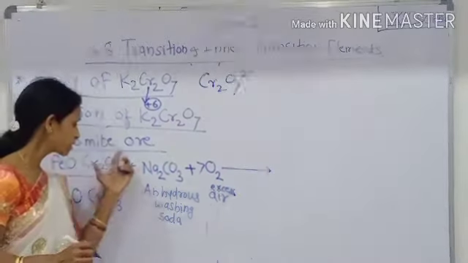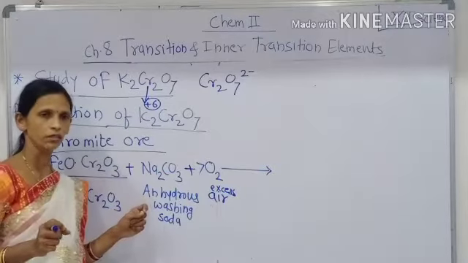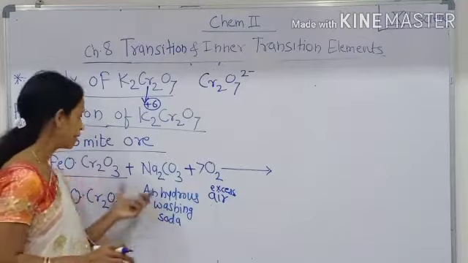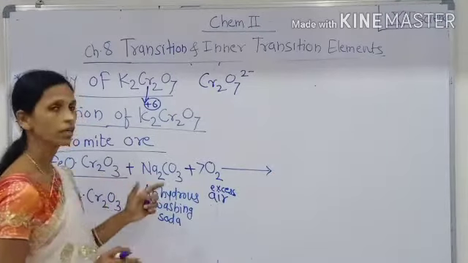This fused mass is heated strongly in the reverberatory furnace, and the chromite ore gets converted